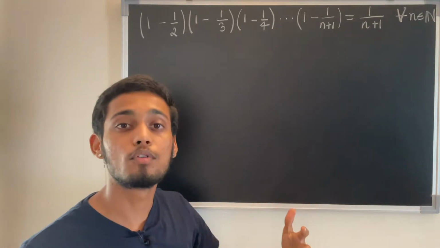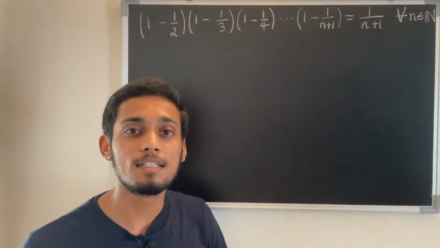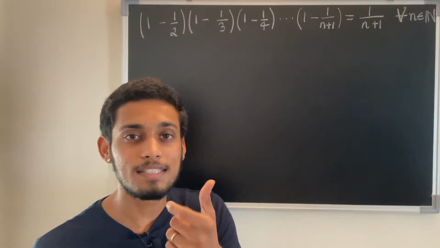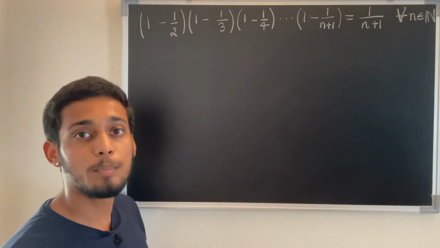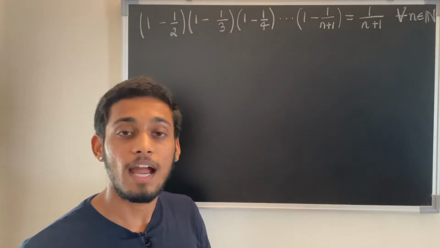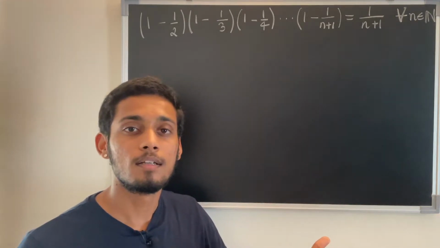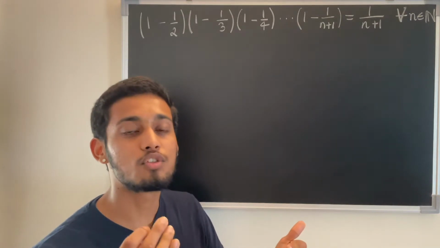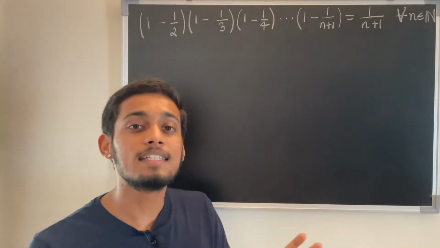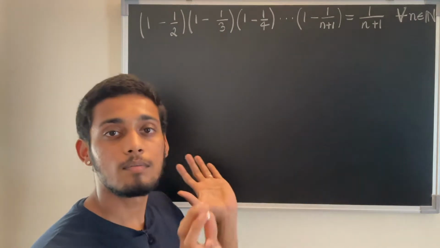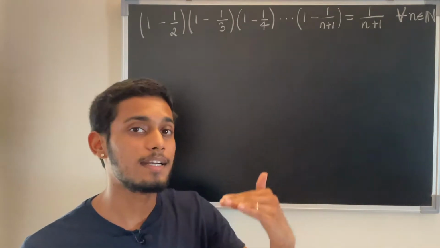So let us try and prove this using the principle of mathematical induction. Let us recall, what does the principle state? The first thing is we have to prove this statement to be true for one case, and it is also true for the case where n is equal to k plus 1, provided we have assumed that it is true for the case where n is equal to k. When all these conditions are met, we can say that this given statement is true for all natural numbers. So let us break it down one by one.